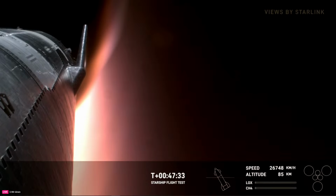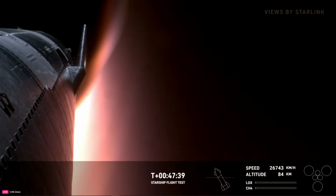There's been no burn here as far as I can see. Even from the beginning of the program, we've designed Starship to land on Mars, where there are no runways or other humans to help out. We also want rapid reusability, so we're doing...